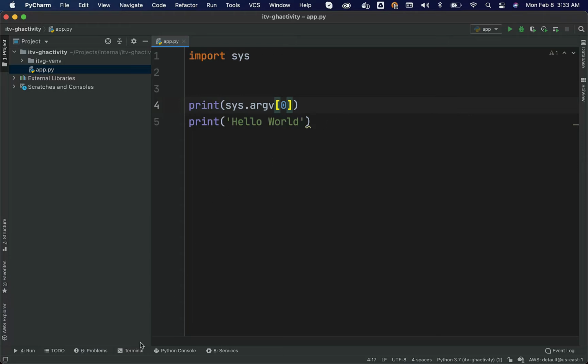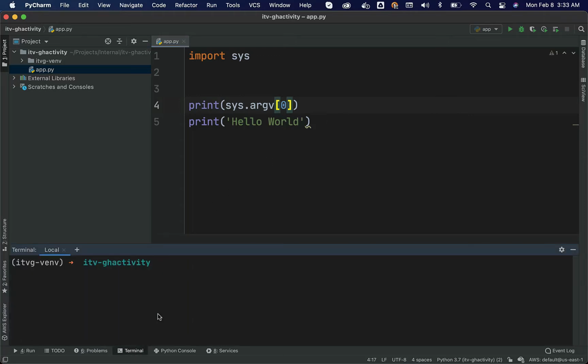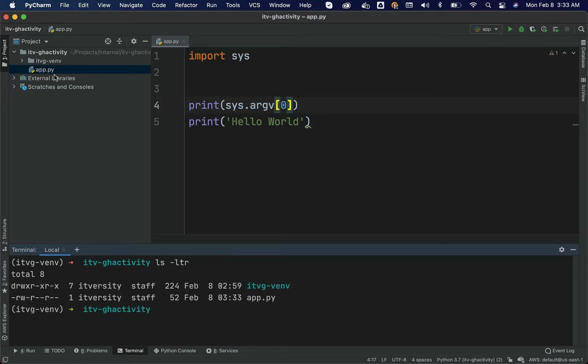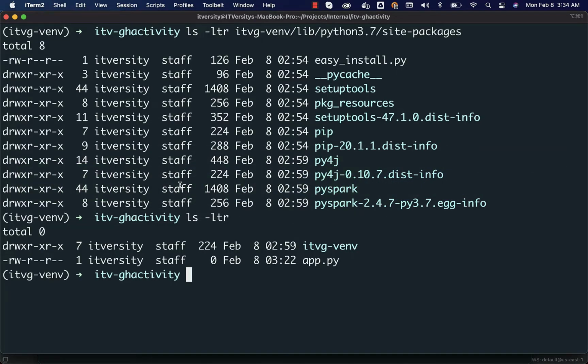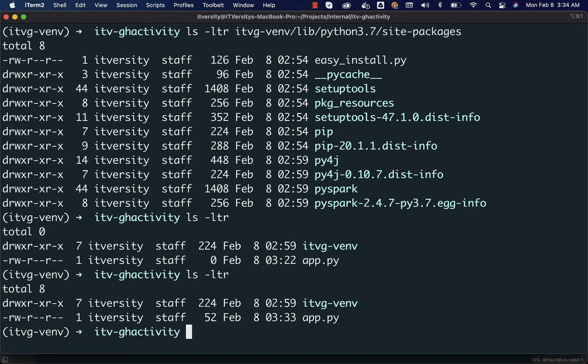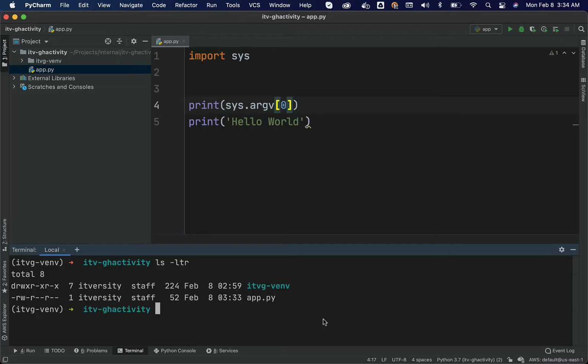Let me save this. You can click on terminal here. It will open up the terminal like this. Once the terminal is opened, then we should be able to run something called Python and then app.py. You have app.py in the current folder. We can actually validate by saying ls -ltr. You can see it here. Even you can use the CLI from terminal. If I say ls -ltr here, we have app.py. Either we can say Python app.py from here, or we can also say from here.